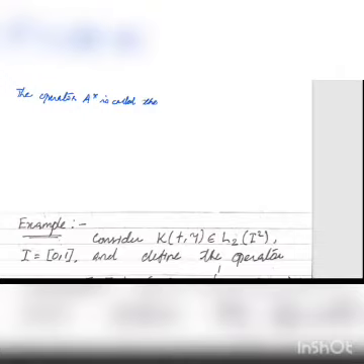So the operator we are denoting as A star is called the dual operator to the operator A,